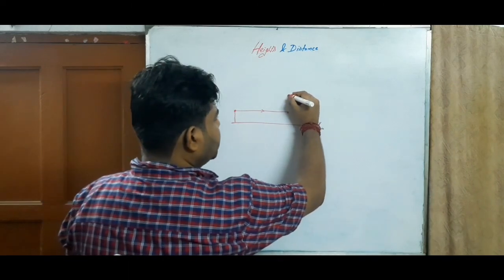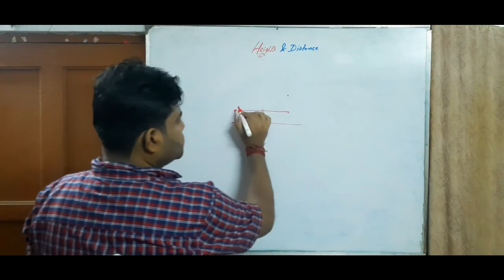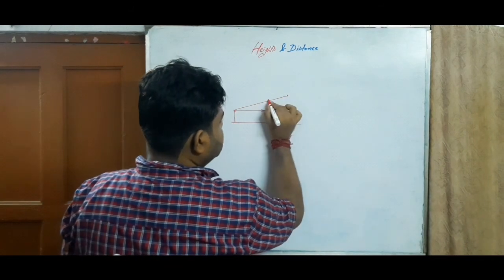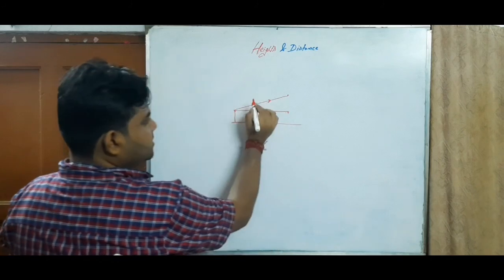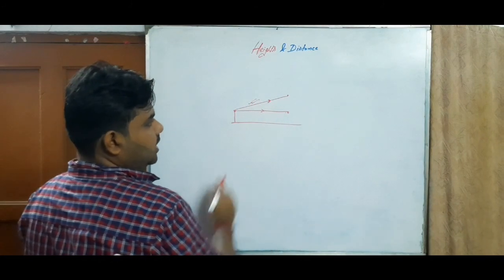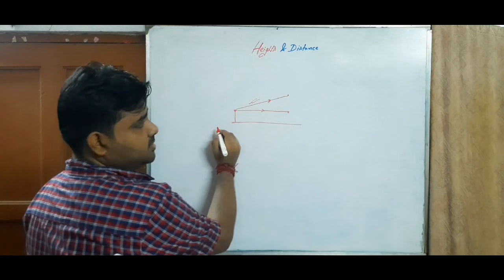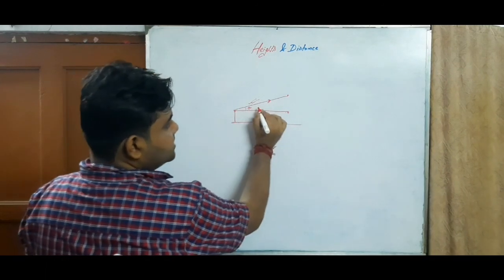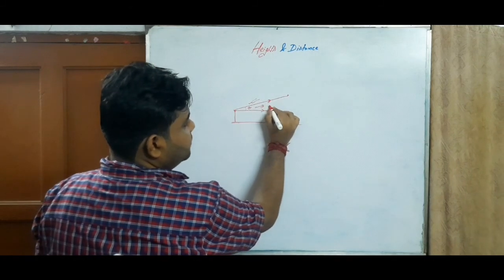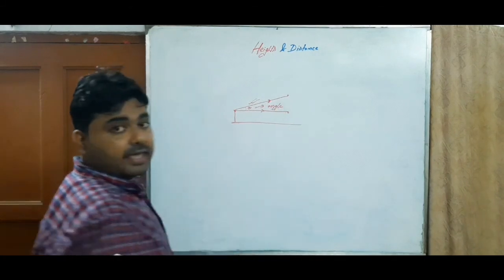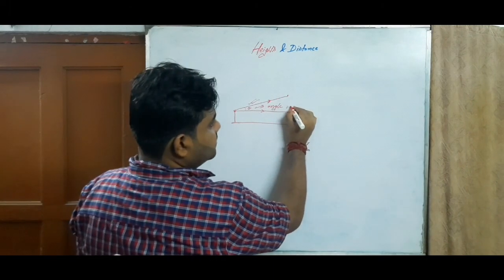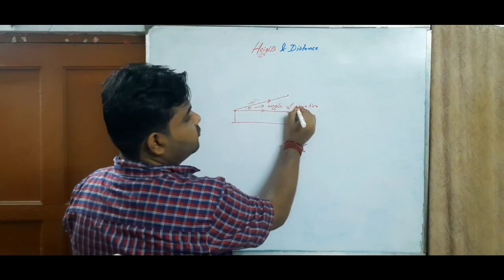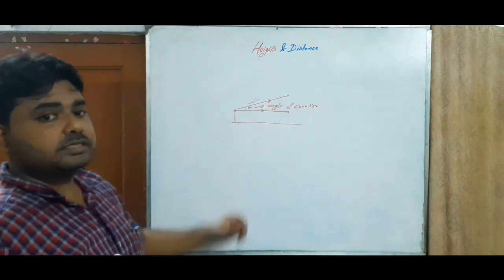Now if I place the object just above it, the person is elevating his head to see this object. Now the line of sight is this. This is the new line of sight, and the person has to elevate his head at an angle. Here is an angle, and this angle is known as the angle of elevation, since the person has to elevate his neck to see the object.